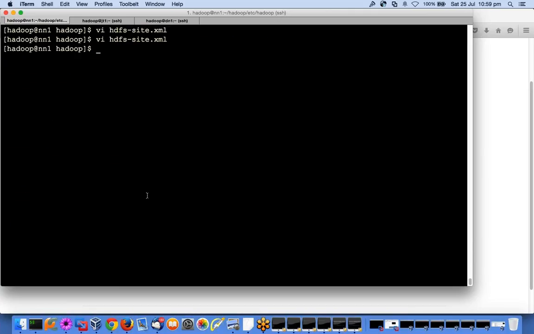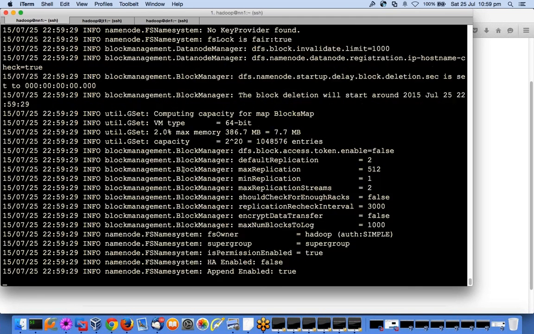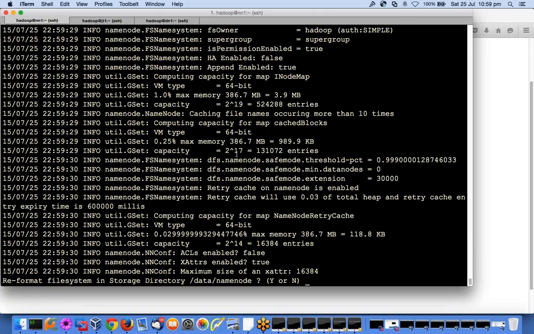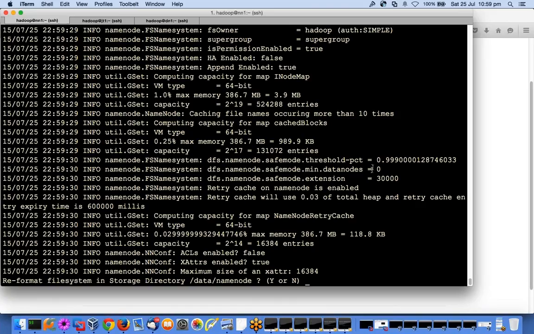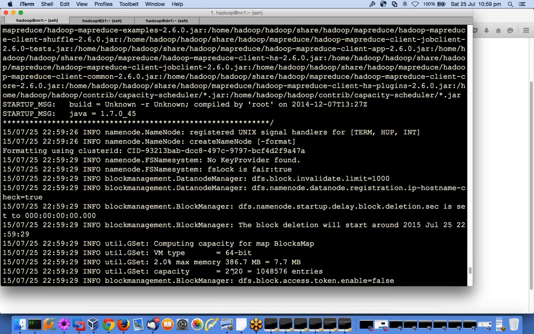Save it. First thing we will do is Hadoop namenode -format. Let me say no to this. Why? I will show you one message which is coming at the top of the screen. It is saying it will format this space. I will say no. If you look at the top of the screen,